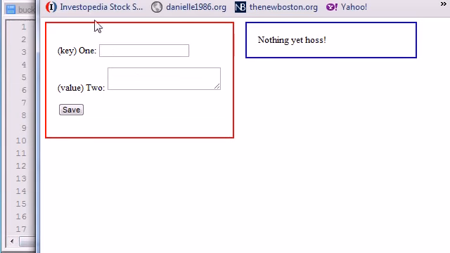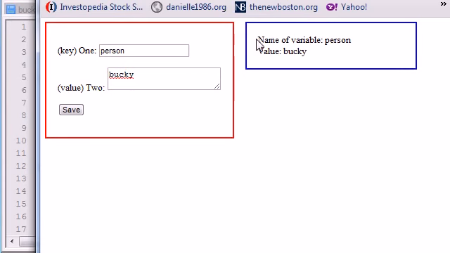So let me refresh this beast. Person has a value of Bucky. Now let's save it. The name of the variable is person and the value is Bucky. This could also say the name of the item is person and its value is Bucky. So let's go ahead and make another one. Person